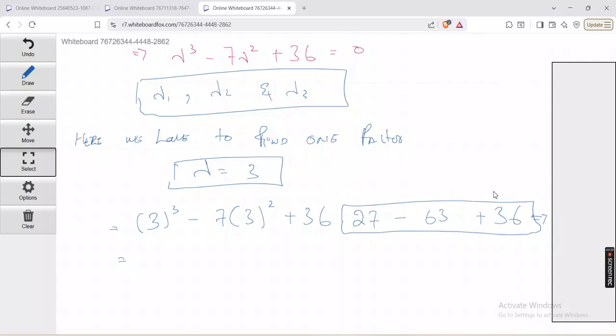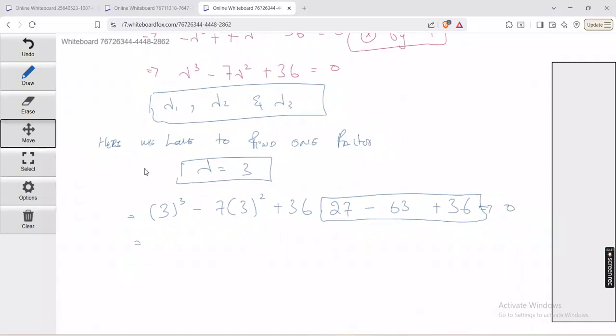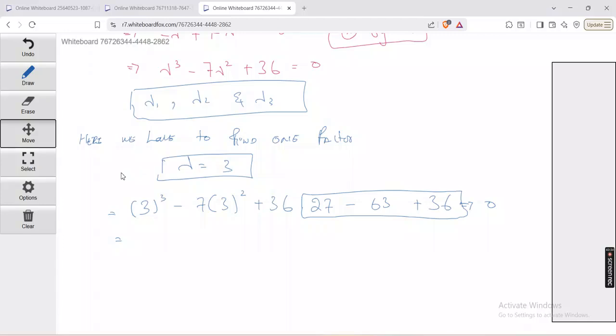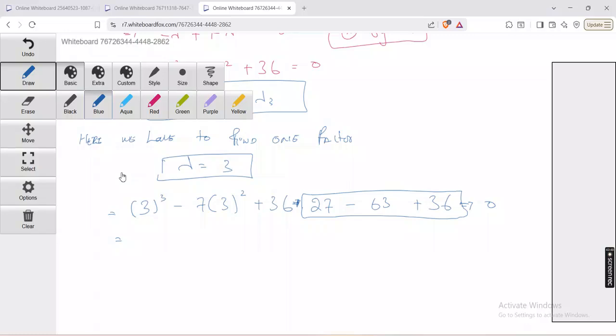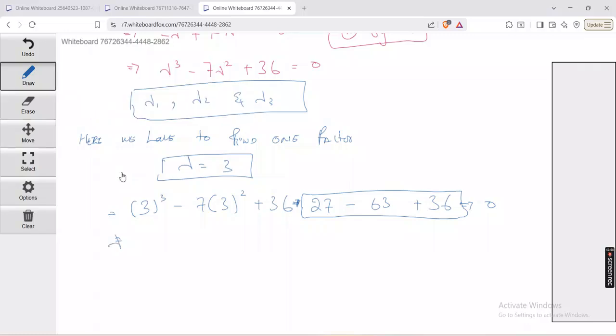So we solve it here. Now we get the value for the lambda, and now we can solve our equation. So lambda cube minus 7 lambda square plus 36 is equal to